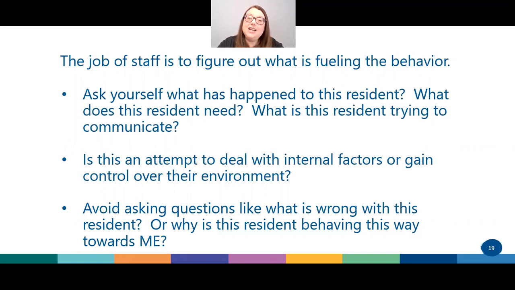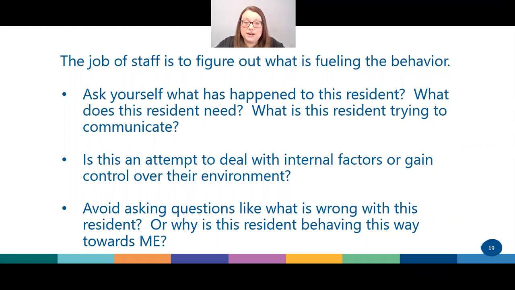So start thinking about asking yourself some questions such as, what has happened to this resident? What is their trauma history? Has there been a time when their needs were not met? What does this resident need right now? What is this resident trying to communicate with their behavior? Think about, is this an attempt on the part of the resident to deal with internal factors that are going on inside of them, or perhaps to gain